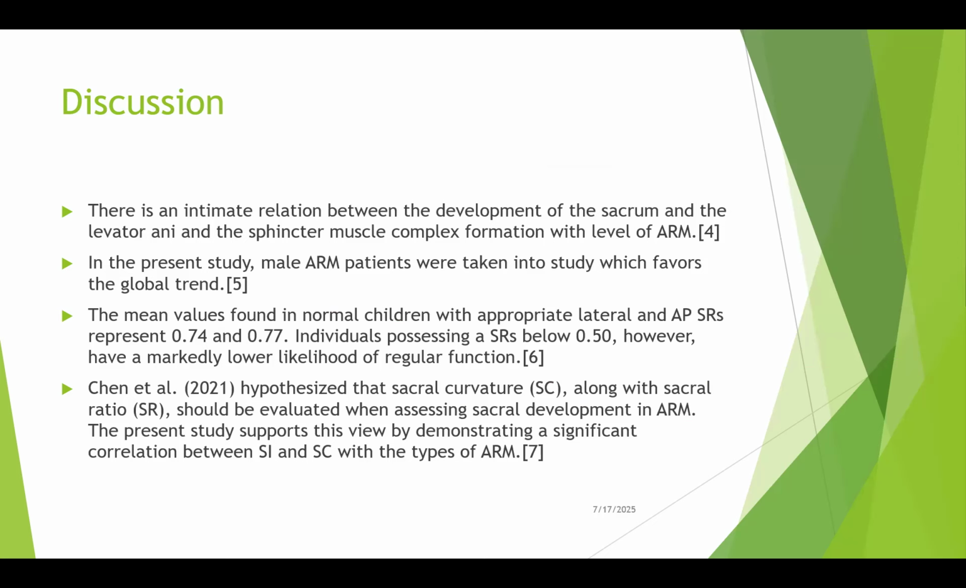In the present study, male ARM were taken into study, which favors the global trend. The mean values found in normal children with appropriate lateral and AP sacral ratio are 0.74 and 0.77. Individuals possessing a sacral ratio below 0.50, however, have a markedly lower likelihood of regular function. Chen et al. in 2021 hypothesized that sacral curvature